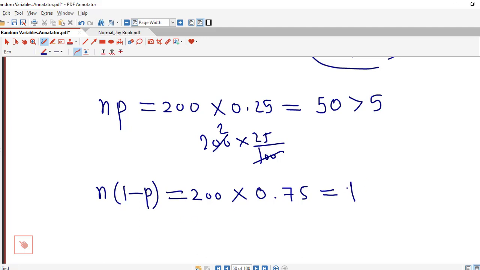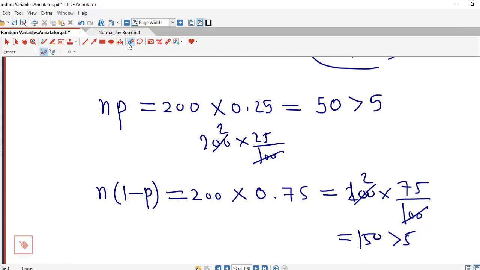This is going to be 200 into 75 divided by 100, so we can see this is 150, so it is also greater than 5. So we can use this normal probability distribution to approximate this binomial probability distribution, or we can calculate binomial probabilities